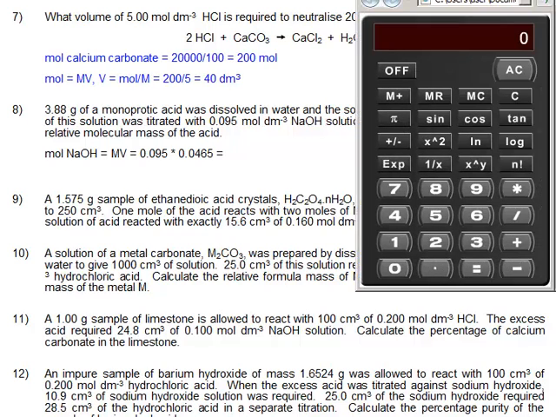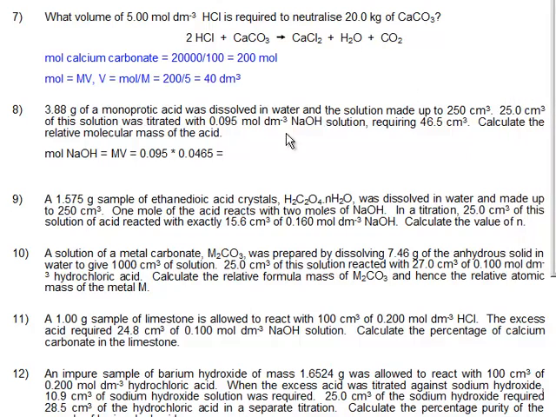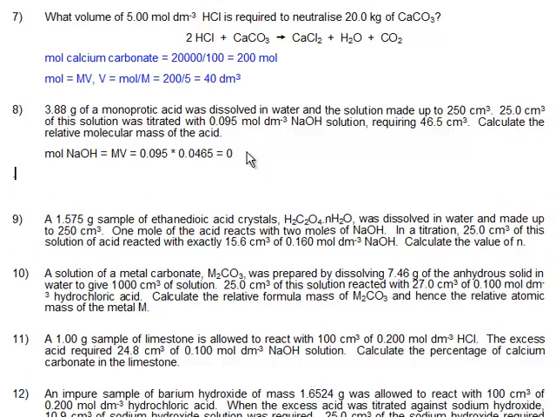Let's bring the calculator in for this. 0.095 times 0.0465, and that comes to 0.0044175